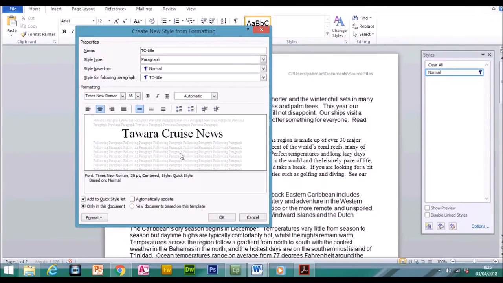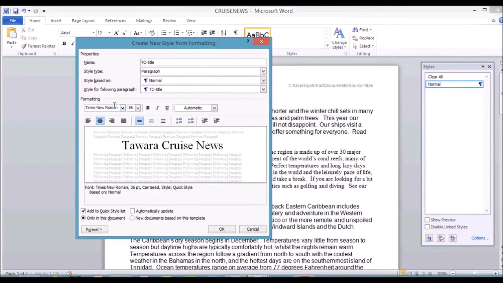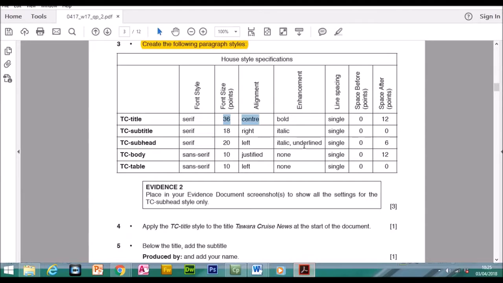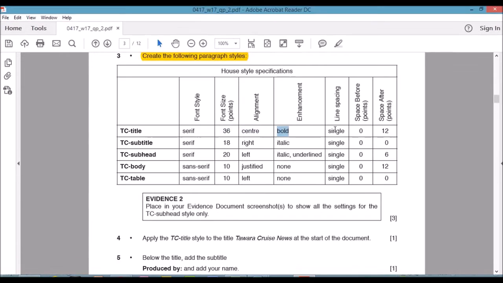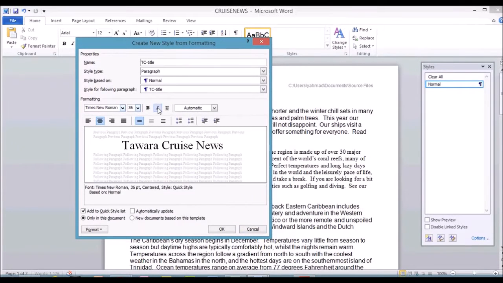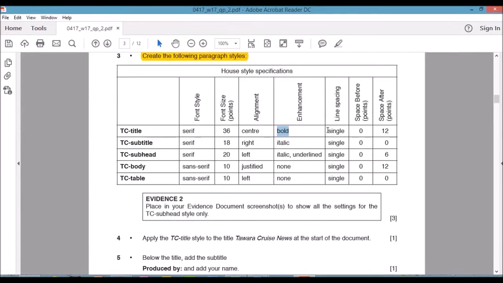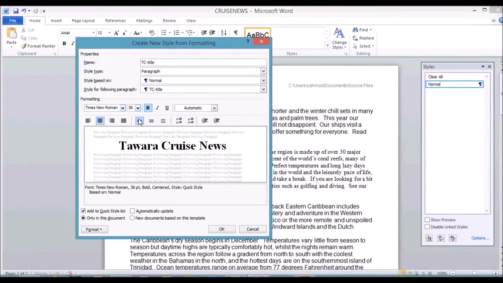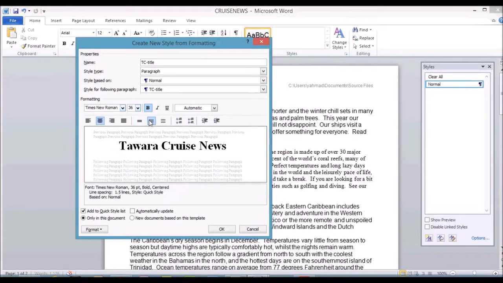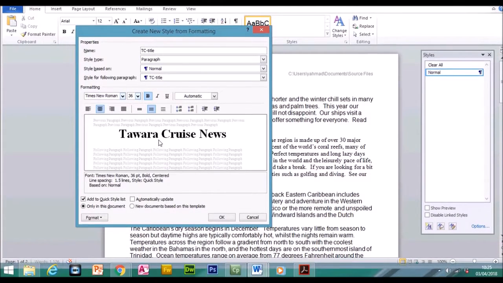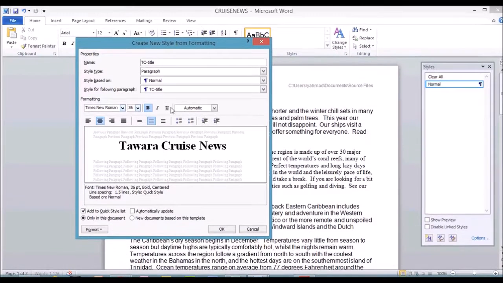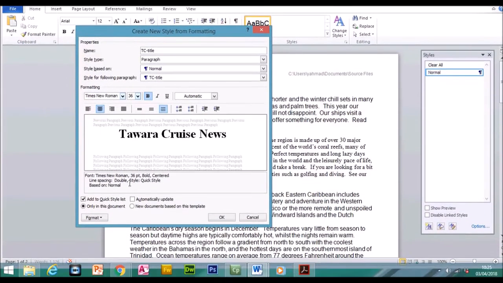Alignment, can you see it? Always check the preview. If the preview does not match up with what you've done here, double check what you've done. For example, if the text is italic and is not meant to be, just turn the italic off. Okay, so the text should be bold. Single line spacing is here, so we've got additional options. 1.5 line spacing just increases the space in between the lines. And that's double line spacing, so we want to keep it single,